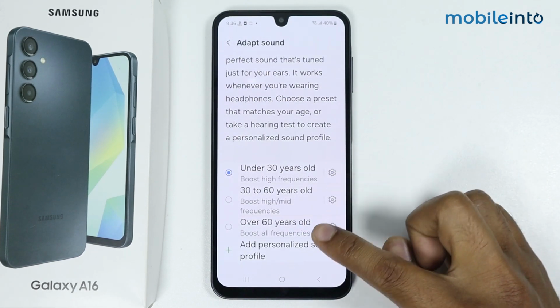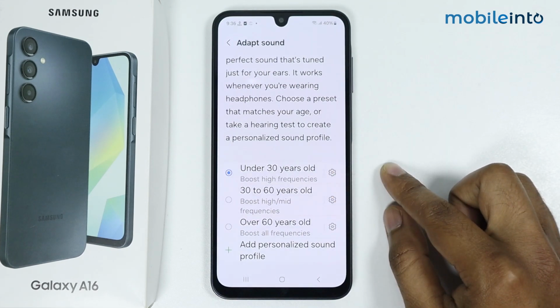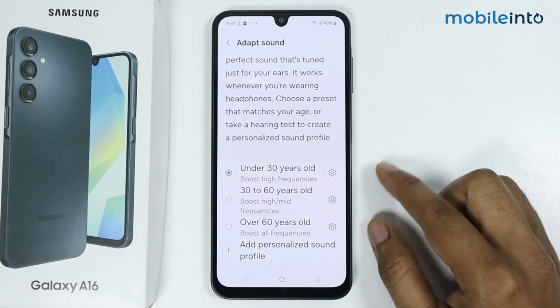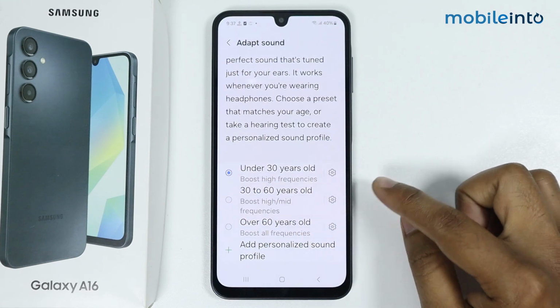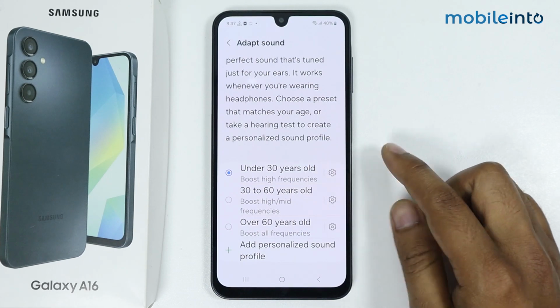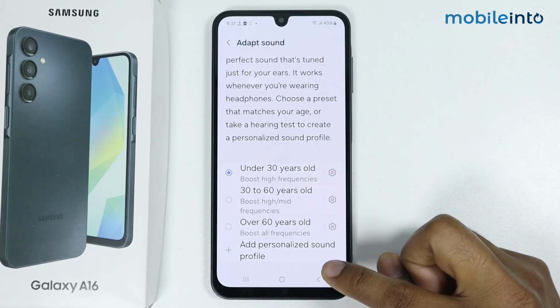Here you can see the three options. The first is for the people who is under 13 years, and second is for those people who is above 30 years, and third is for those people who is above 60 years old. So I have selected under 30 years old. It will boost high frequencies according to it. I will simply go back